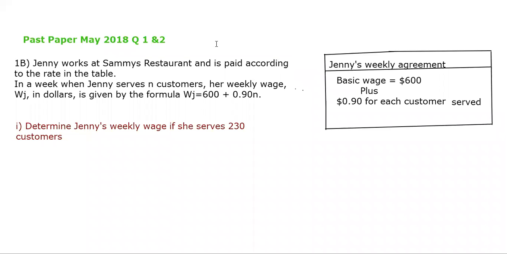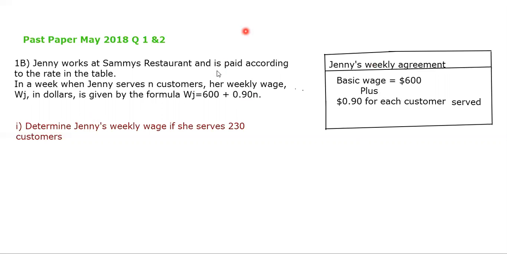Now guys, let's continue. This is question B from question number 1. Jenny works at Sammy's restaurant and is paid according to the rate on the table. In a week, when Jenny serves N customers, her weekly wage W_J in dollars is given by the formula W_J equals 600, which is dollars, plus 0.90 N, right? So let us look at the table, because it's saying that Jenny is paid according